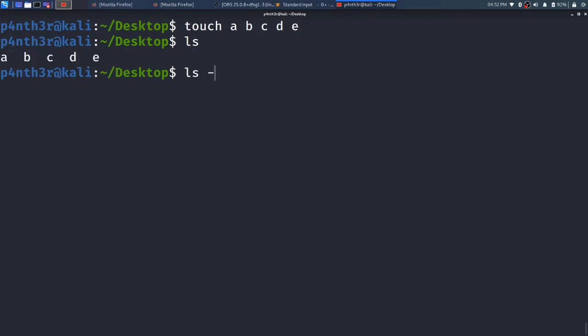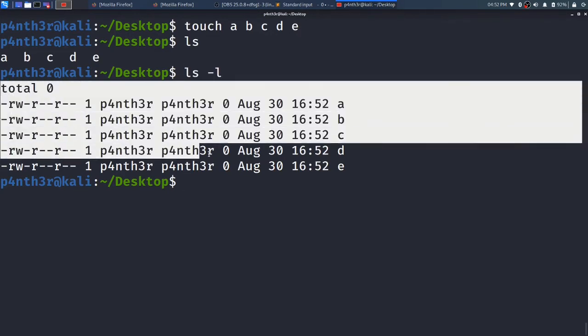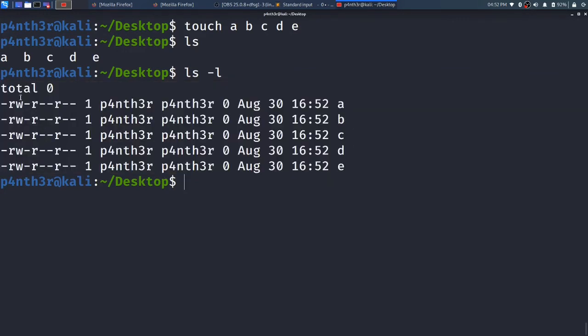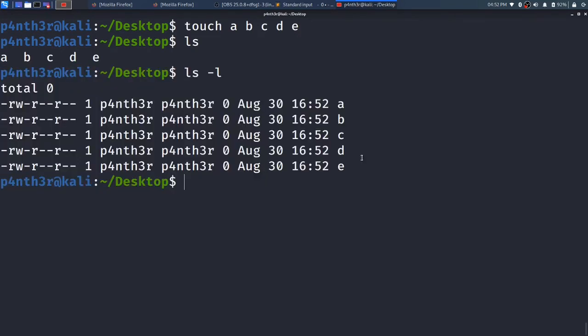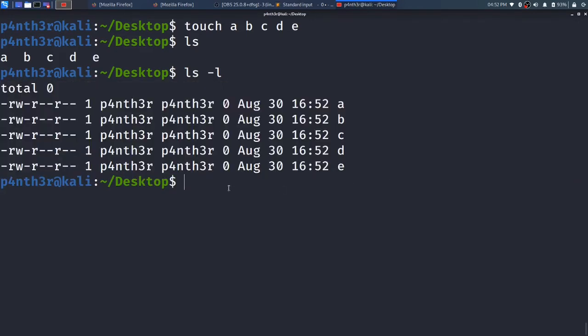I will type ls -l. You can see that I am using ls -l, the long listing of the directory. It is giving me an output with the file names a, b, c, d, e and the particular data. I don't want to print the output onto the screen, I want to store it into some file. So I will type ls -l and store it into file.txt.